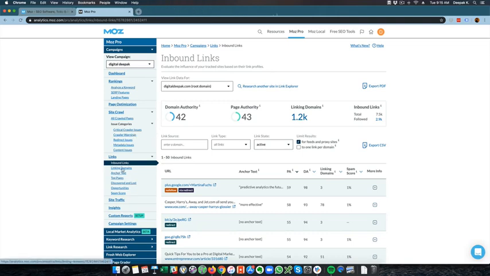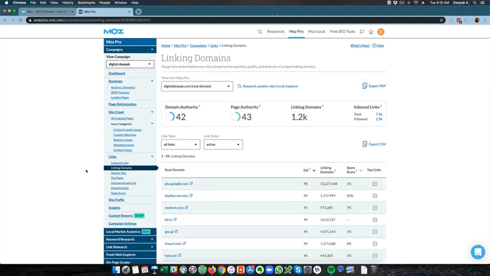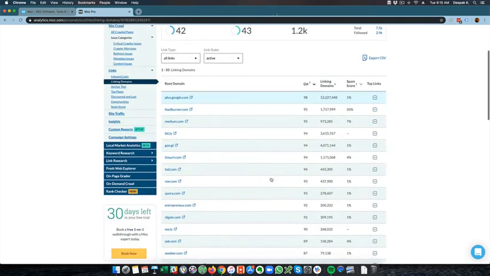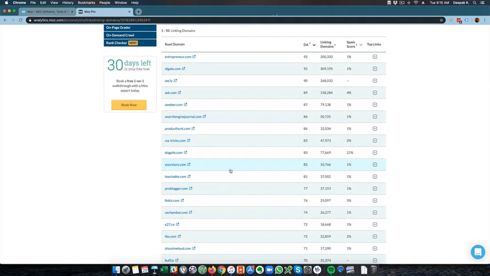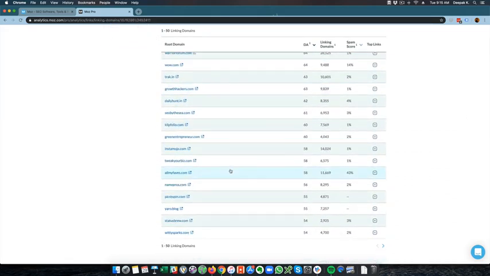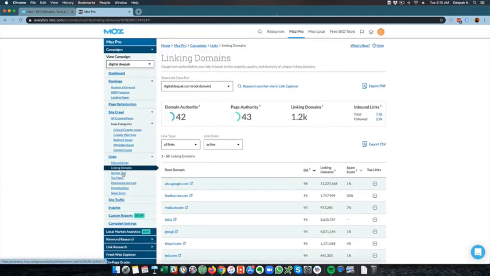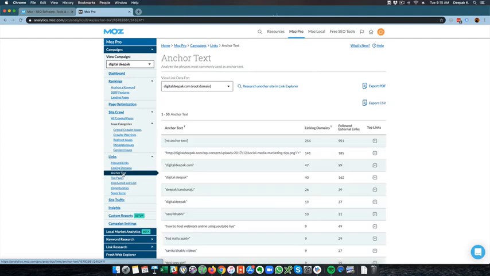So that is another way to use the inbound links thing. The linking domain section gives you all the domain names that are linking to you. You can see box.com, ted.com, Quora, Entrepreneur, and all the big websites are linking to me. And this has been through years and years of creating good content and earning backlinks over time. So the site is almost 5 to 6 years old right now, and that is why all these links have